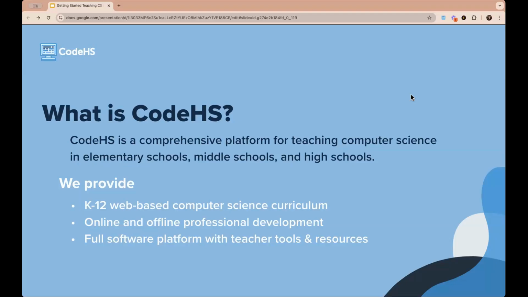Like I said, it's free to sign up. It's free to use our curriculum. You do get into a cost base when you get into some of our pro tools. But I was a free teacher. I used CodeHS for years as a free teacher, and had pro for 2 years before I came to work for CodeHS. It is completely possible to teach this curriculum using the free version. Obviously we would love for you to sign up for pro, but it's not absolutely necessary. If we didn't want to offer free, we wouldn't have it available.